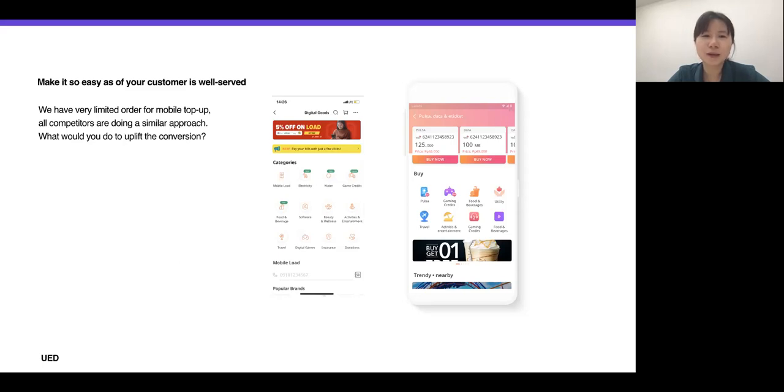So why would a customer come to Lazada to top up their phone if they're not a super Lazada fan, or they don't just come here every day, right? The case I also want to talk about is when the balance is really even, so it's almost a fair deal, right?